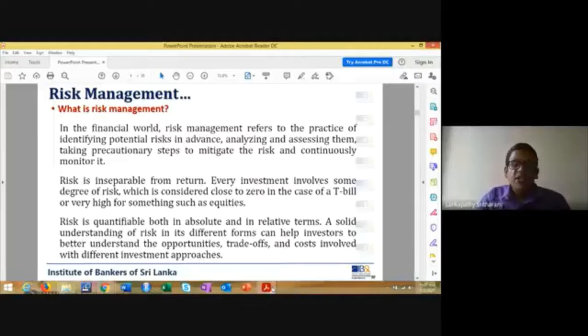Or compared to treasury bill, corporate debenture is high risk. But compared to equity, corporate debenture is less. So likewise, in relative terms, we can categorize the risk, and based on that we can also take investment decisions. A solid understanding of risk in its different forms can help investors better understand the opportunities, trade-offs, and costs involved with different investment approaches. The best understanding of risk will help investors make investments in the best approach